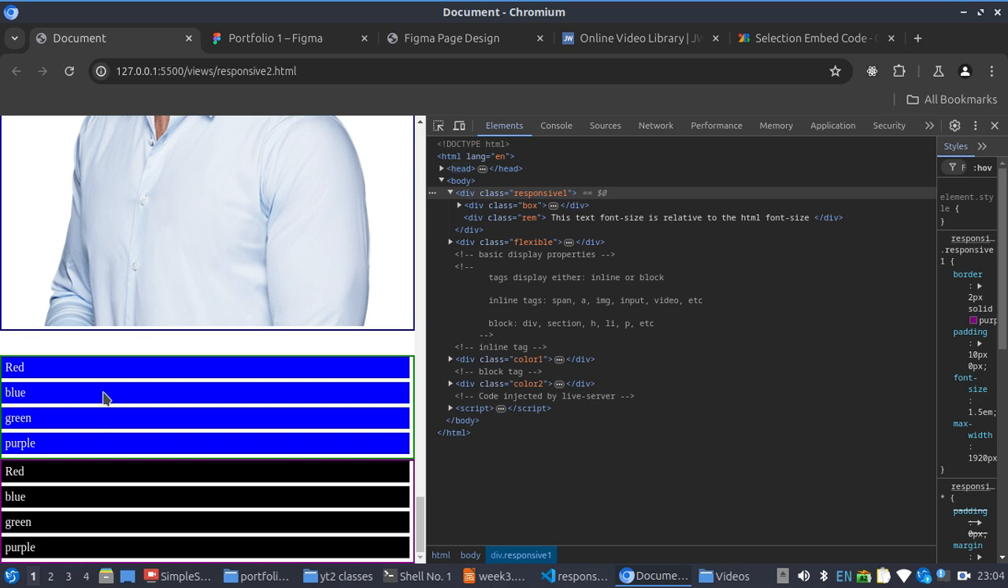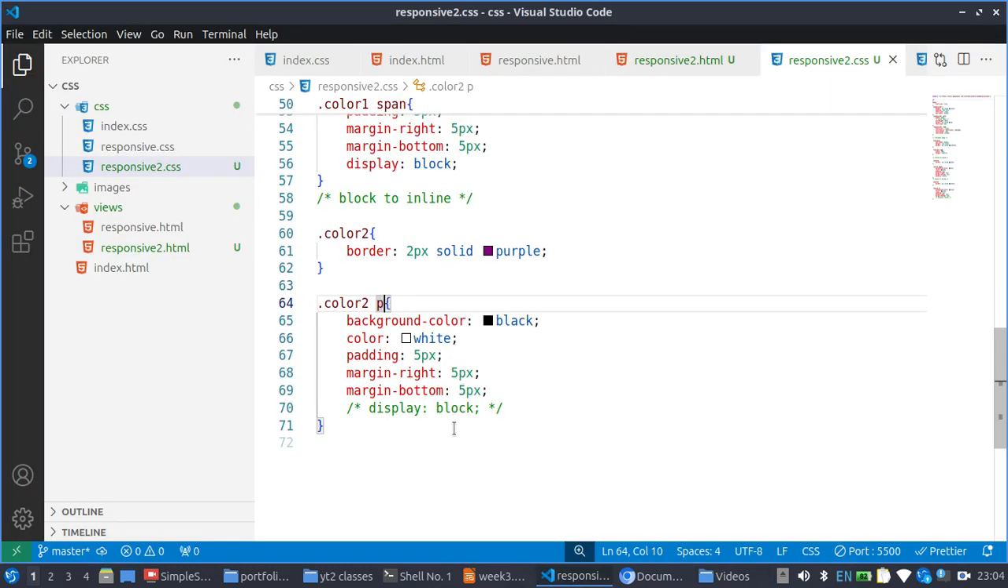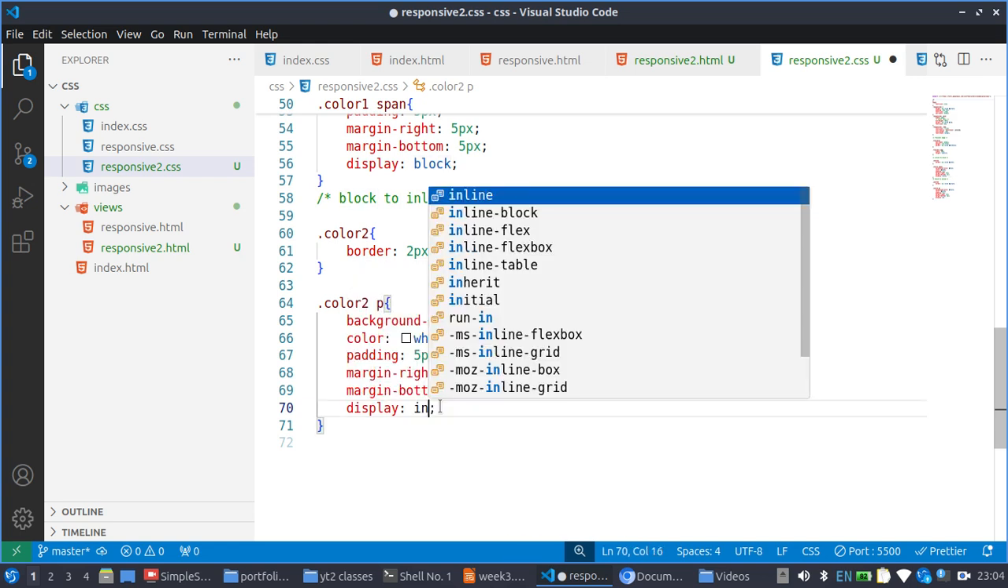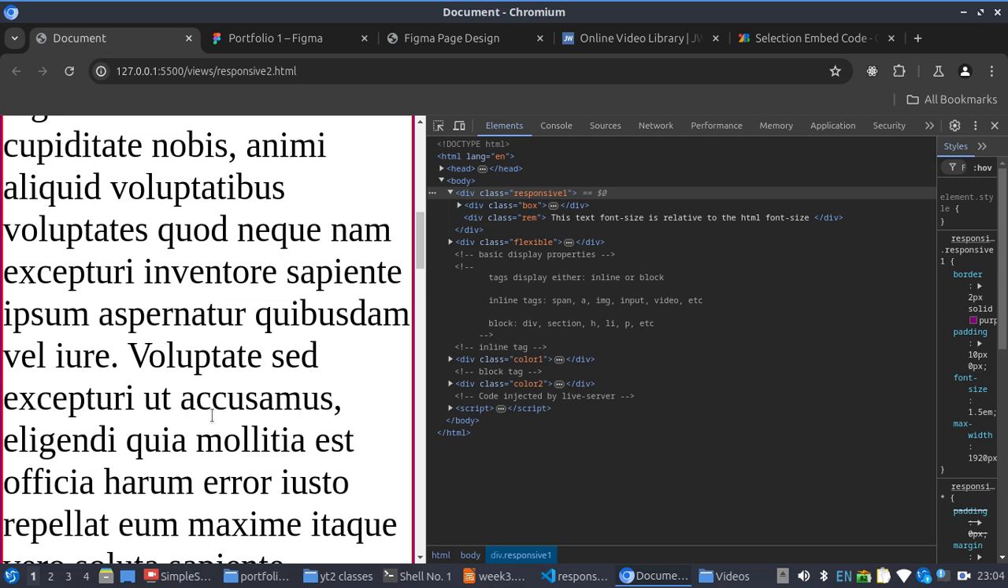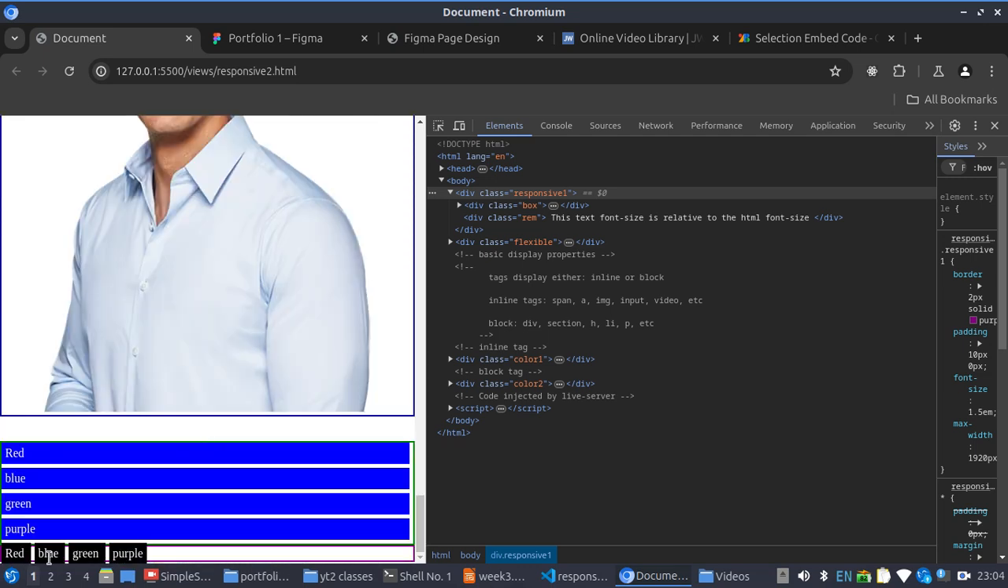So you see, this is block by nature, so it's just showing exactly like this. So let's convert this block to the way this inline was before. I'm going to do that by adding display inline. If I do that, notice the behavior now. The behavior is now just the way it was before. So now that we've seen how to convert a block to inline and inline to block,